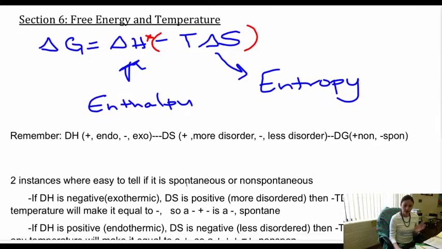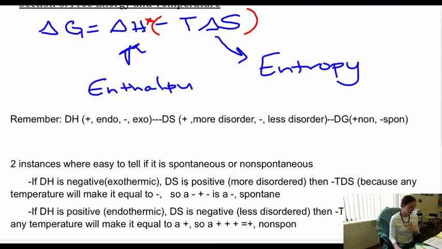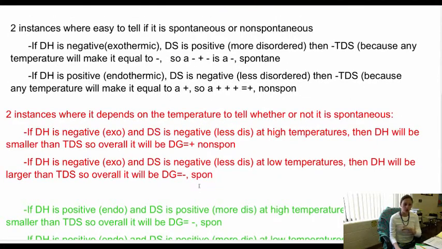So we're going to start off with the text that's here in black. Okay, we're basically going to work through the table that's on the bottom of this section of notes. Okay, so there are two instances where it's easy to tell if it's spontaneous or non-spontaneous. Okay, the first one is if delta G is negative. Okay, so just look at the black text here. Okay, if